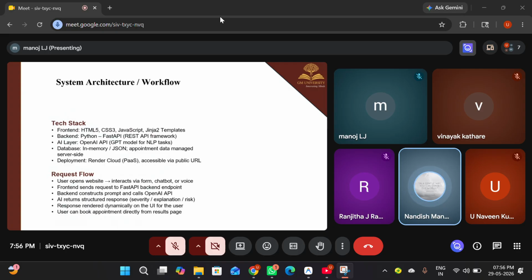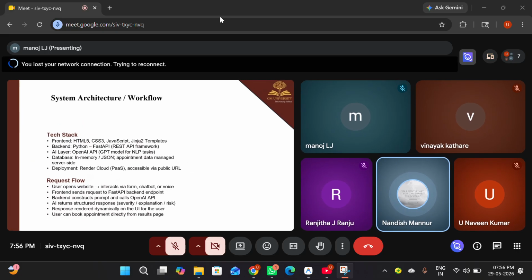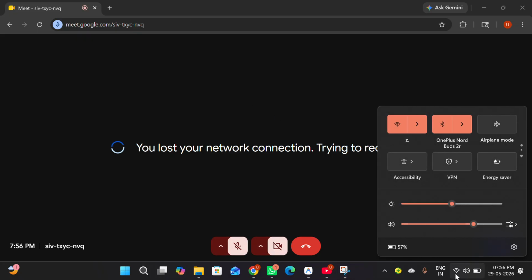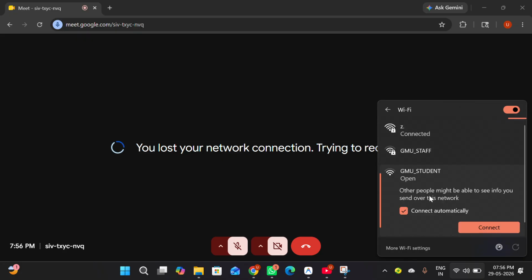Next, system architecture and the workflow. The tech we use to build this website: on the front end, we used HTML5, CSS3, JavaScript, and Jinja2 templates. For the backend part, we used Python with the FastAPI framework in a REST API architecture. For the AI layer, we used OpenAI APIs, GPT models for NLP tasks. For the database to store the data in memory,